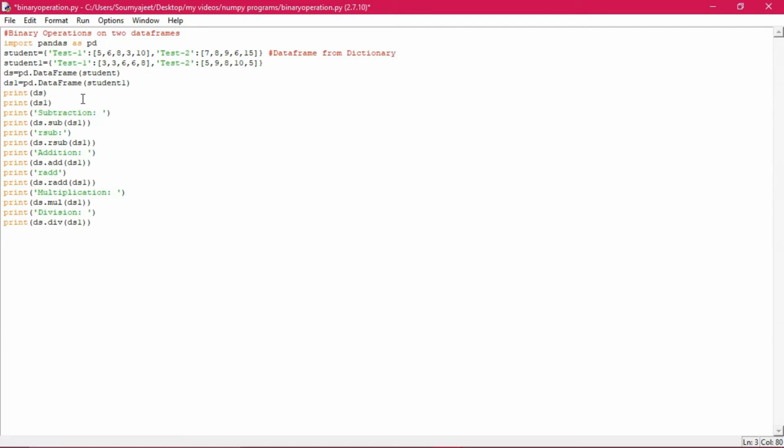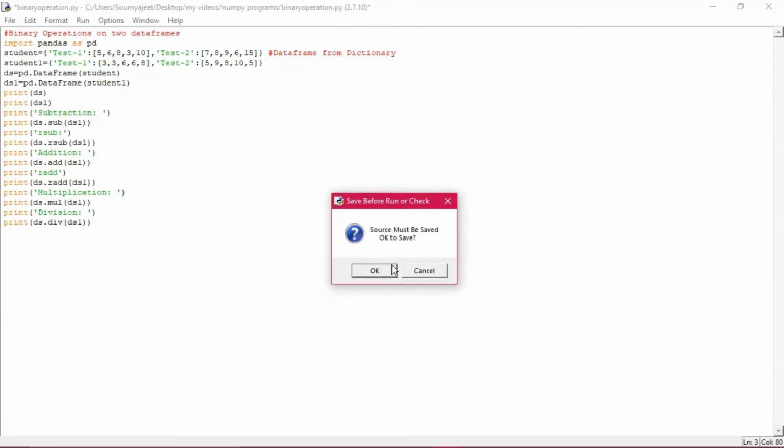Now what it will do, see, any kind of operations can be done here, like addition, subtraction, multiplication, division; you can see the methods have been taken. But what is r add and what is r sub? These are actually functions where r stands for right side: right side subtraction and right side addition. The r sub function subtracts each element in a data frame from the corresponding element in the other data frame. The r add function adds each element in a data frame with the corresponding element in the other data frame. Fine. Once we execute this program, we will be able to understand it. Okay, so I'm executing this one.